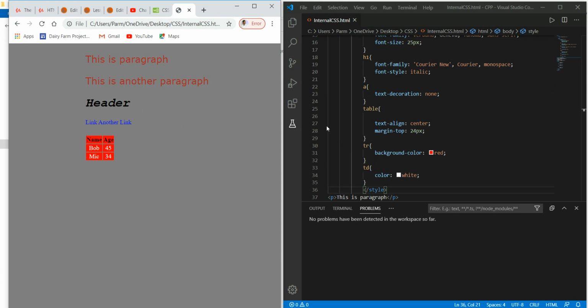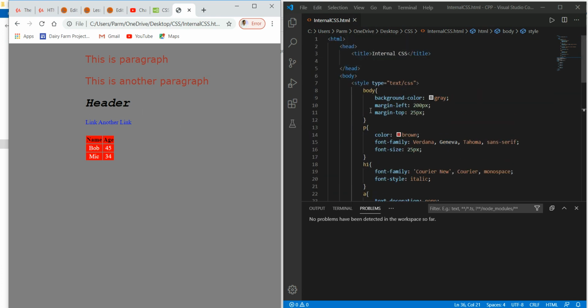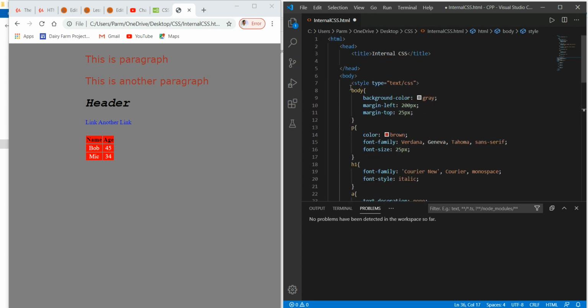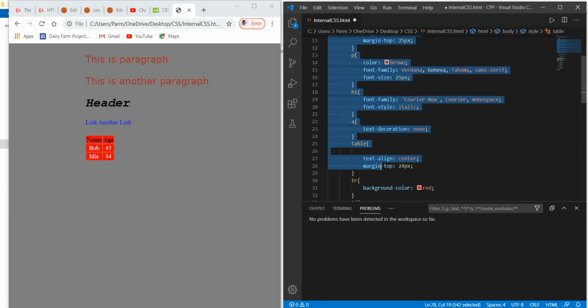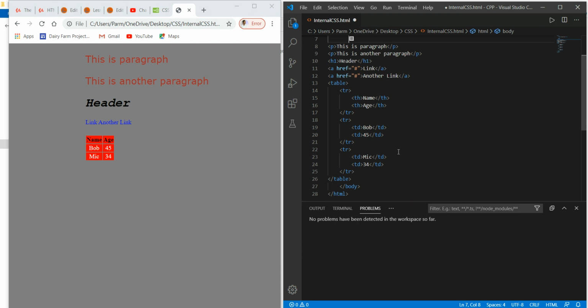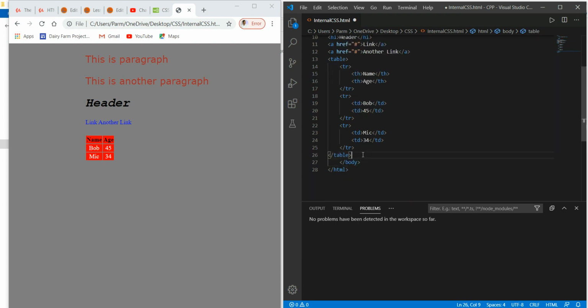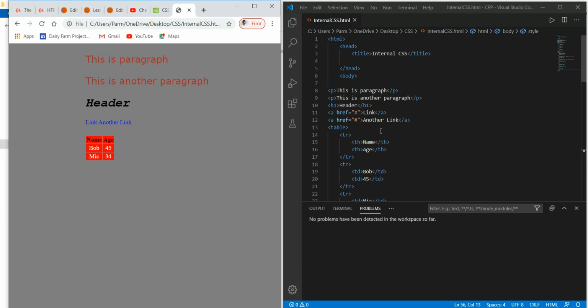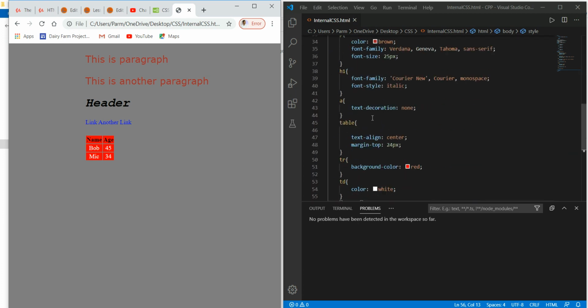So we can use the style element in the head section as well as in the body section. What will happen if I write it at the end of the body section? Doesn't matter. So we can make internal CSS in the head element as well as in the body element.